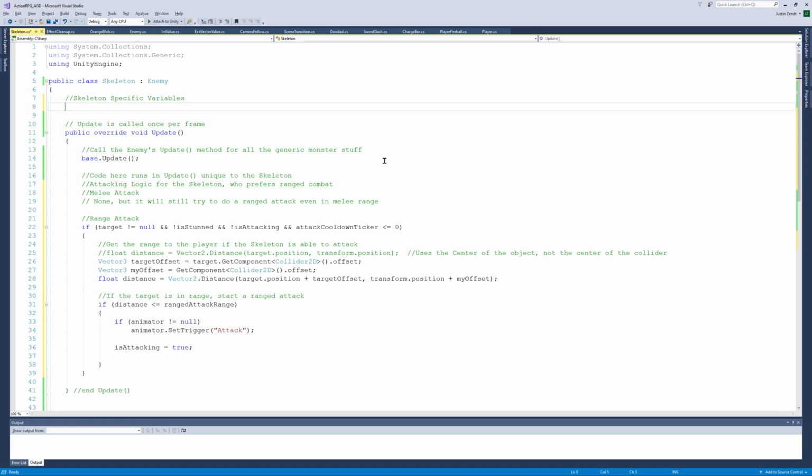So the skeleton needs a variable. I'm actually wanting to do two of these. So we have a public variable. I'm trying to decide if I really want to make that public. Ranged. We'll make it private for now, because that really shouldn't be something that somebody who's planting the enemies inside the world should touch, because this is linked to the animation, so we don't really want this publicly exposed. Ranged attack delay. This is how long